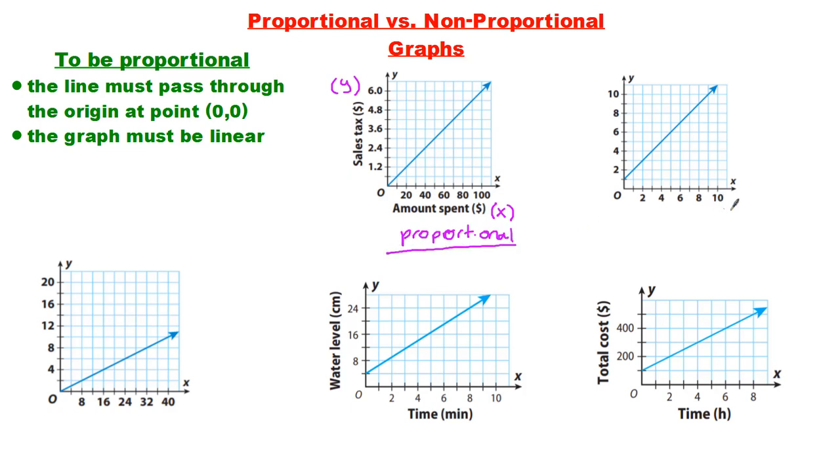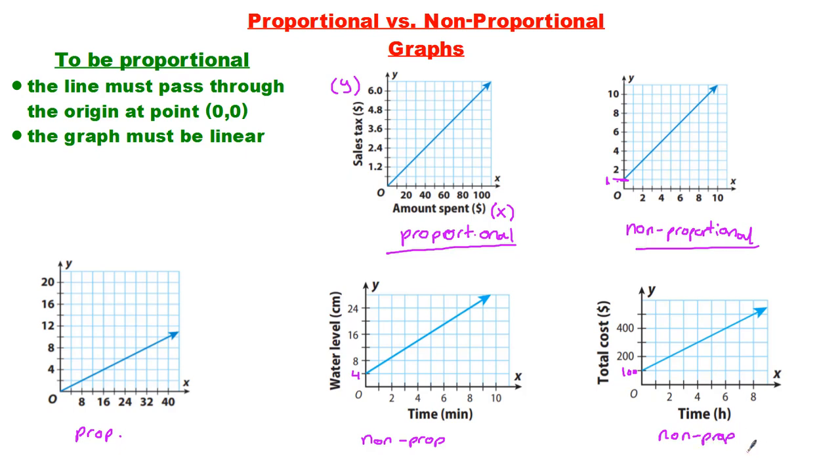Now over here, you can see that our starting amount is actually 1. Because it does not start at 0, this is non-proportional. Over here, it starts at 0, so it is going to be proportional. This one over here, it looks like it goes 4, 8, 12, 16, so the starting amount is 4, not 0. So this is going to be non-proportional. And then lastly over here, this is going to be 100, 200, so the starting point here is 100. This is also going to be